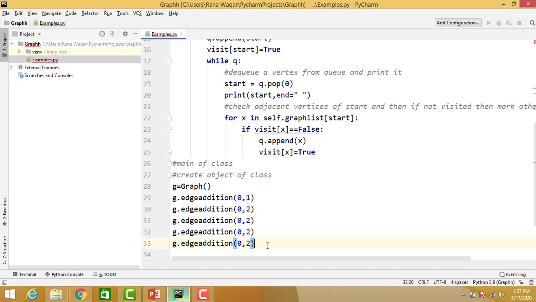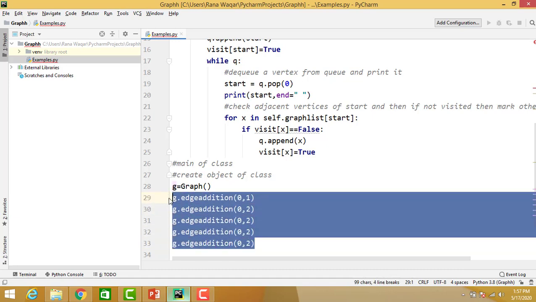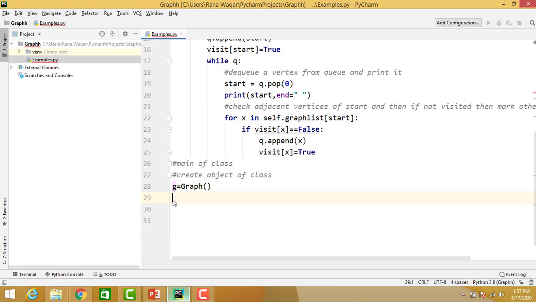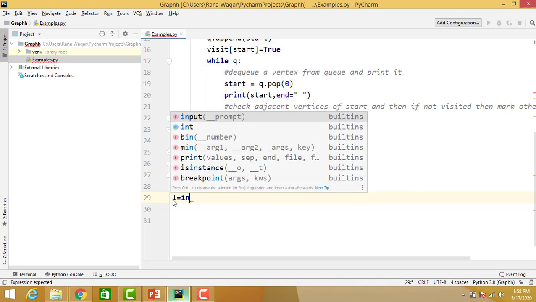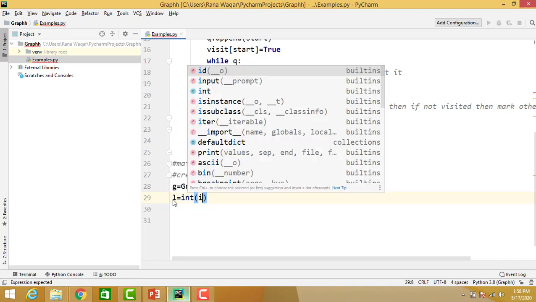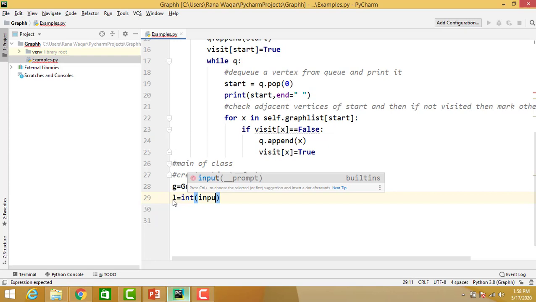And our second method for passing values to a graph is user dependent. Like if you have a total length of edges, L is the total number of edges, getting from user. Enter value.